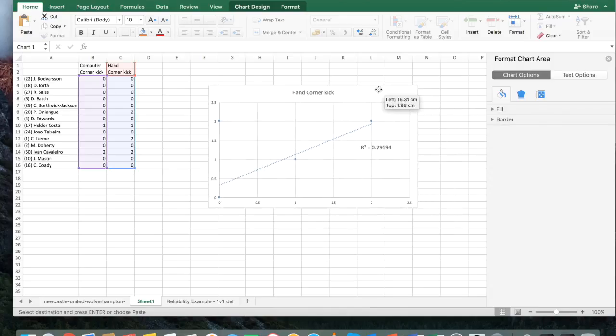So once we've got that, for yours you're going to have a title on this axis and this axis. If we click on that, we're going to format this now. That isn't just hand corner kick, it's just corner kick. So we're looking at the action variable corner kick and we're testing its reliability against the hand versus the computer